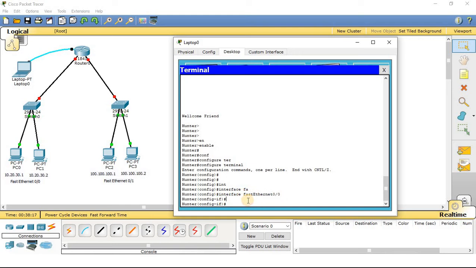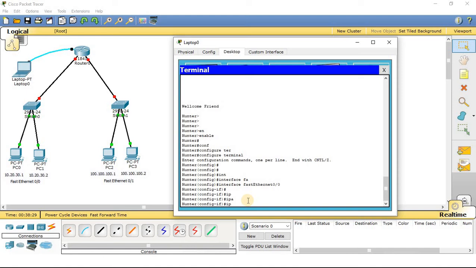So what I will do is assign an IP address. To assign an IP address, the command that will be used is IP address. Now you have to provide the IP address. So let me provide the IP address 10.0.0.1 followed by the subnet.